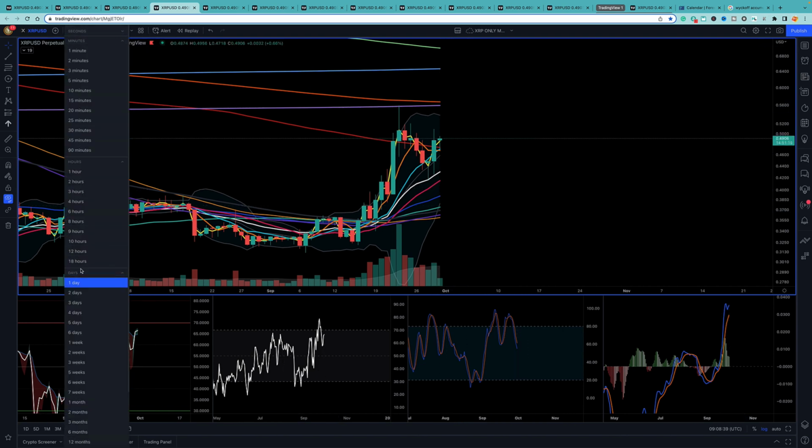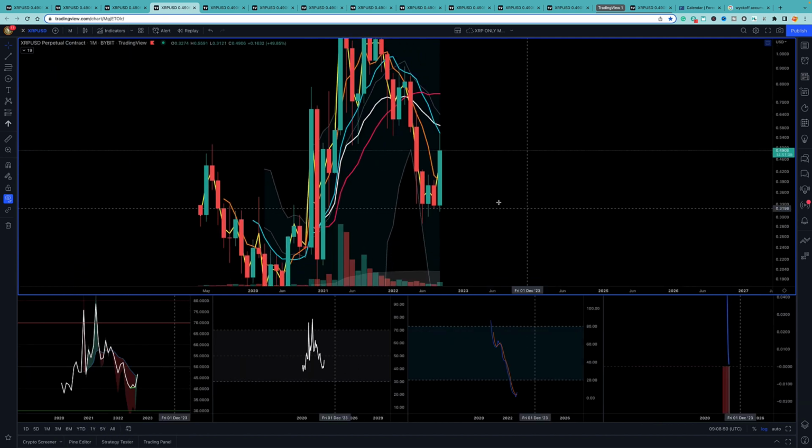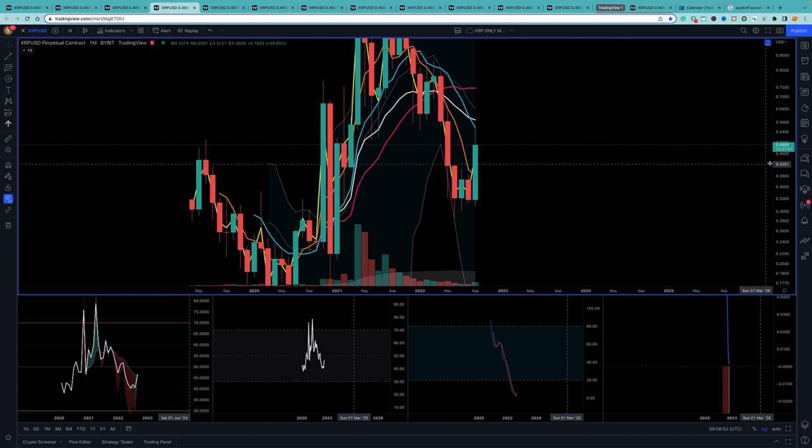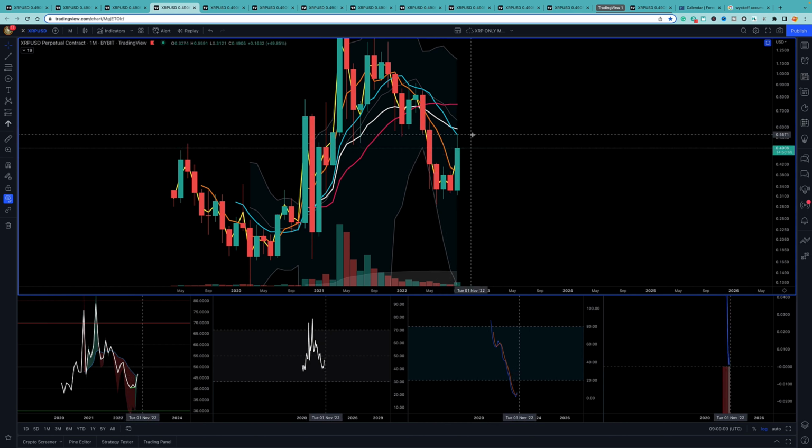Now it really did change some of the daily MAs, which again we're going to go through now. But I'm going to go to the month first. So you can see the spill on the month. And we got this pump the other day, took it up to 55.71, right up to the 10 MA on the month, wicked right to it,